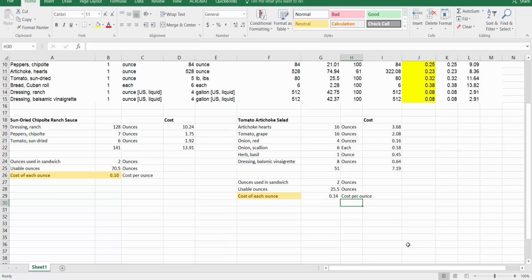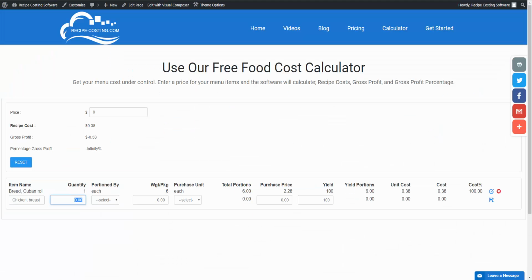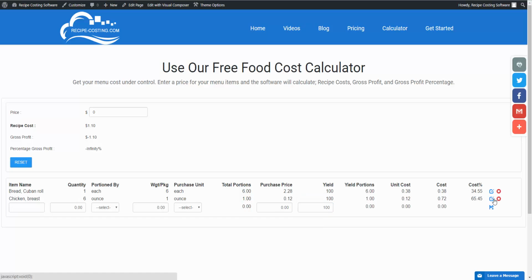And now you can begin transferring the data from this Excel sheet right into our free food cost calculator. Enter each line item. To save time, what we did was we pre-populated all the items. So we started to enter chicken, but once we hit save, all the items are going to populate just so you wouldn't have to sit here through my typing. And once we do that, you're going to get an actual cost. When you get the cost, which happens to be